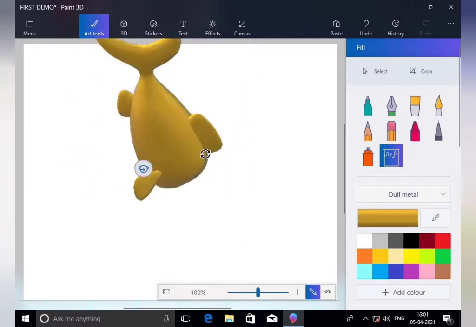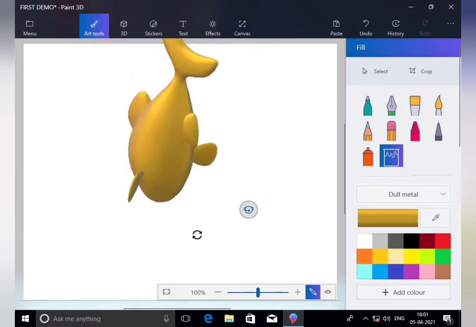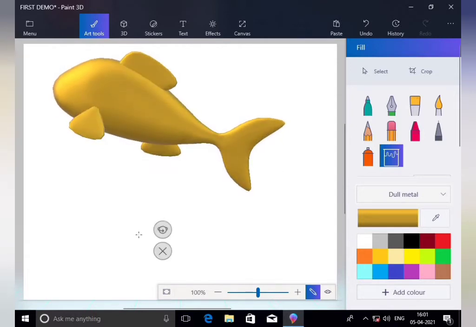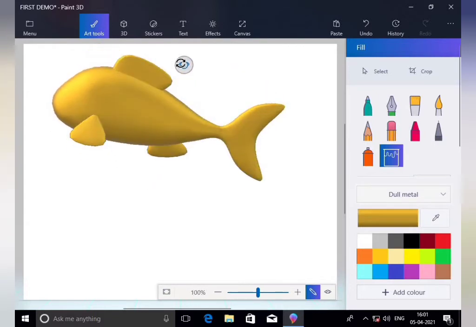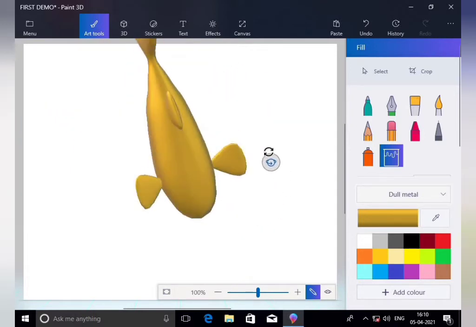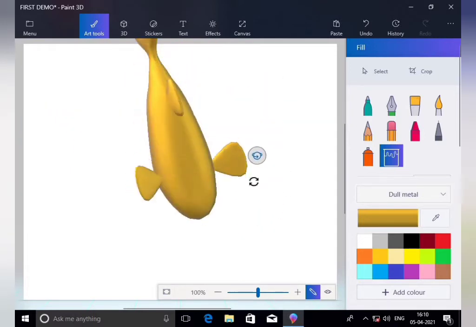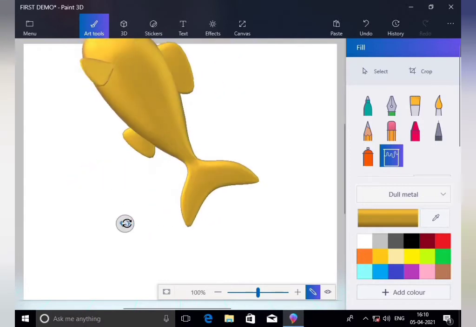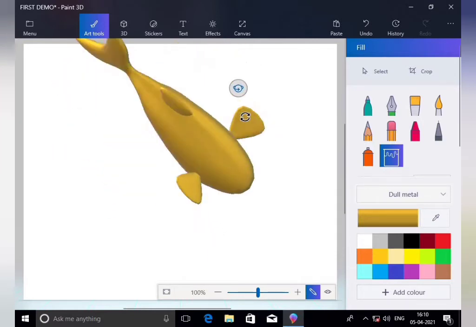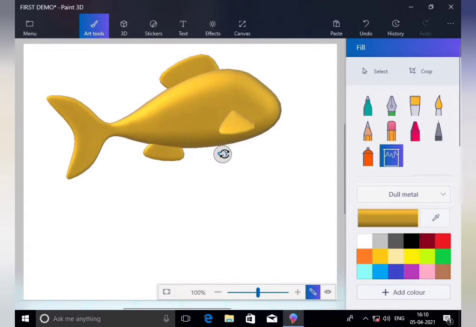You can see it will move all over our space. Why? Because we can move from that side. See, this is a cursor for moving the fish. So this is our moving point, right? For example, I am moving this right side, then up side, then down side, then left side. So it is moved like that. This is how we can move our 3D object.